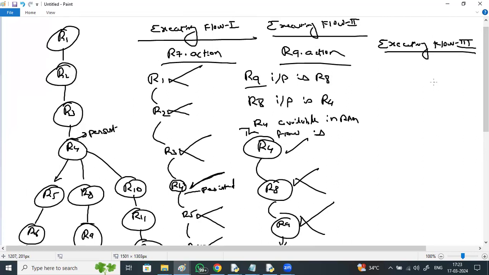Okay. First, you will define all the 12 RDDs. How many RDDs totally? 12 RDDs you will define. R1, R2, R3, R4. And you will say one more, right? R4 dot persist, that statement also you will provide. And which flow you want to execute? Flow 1 executes. Flow 1 executes means from the start to end it has to execute. There is no other choice. During this flow 1 execution, it has persisted R4. Then R4 is in the RAM now.